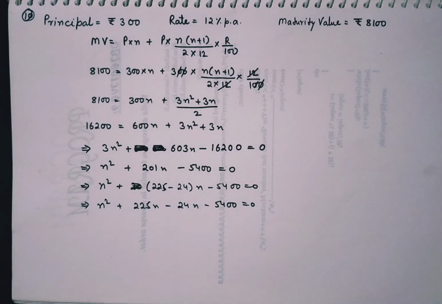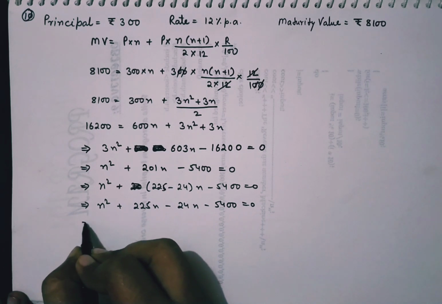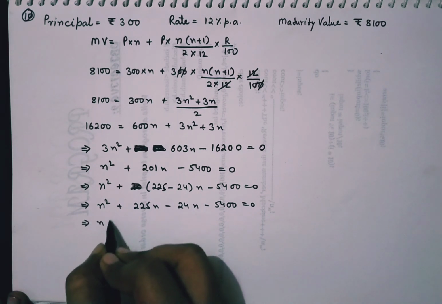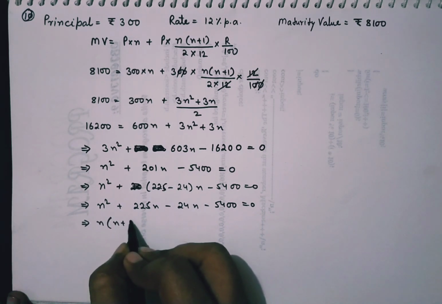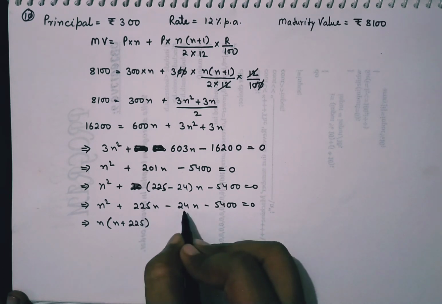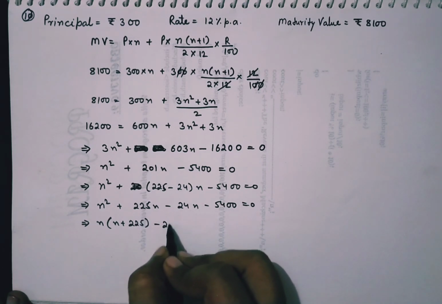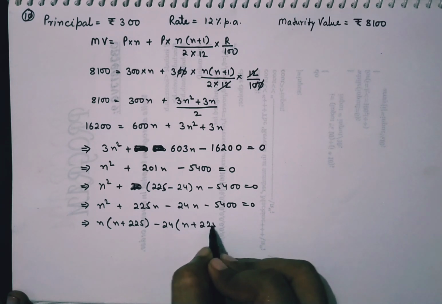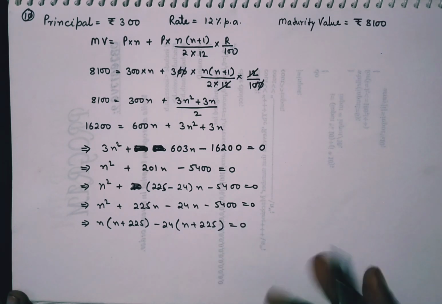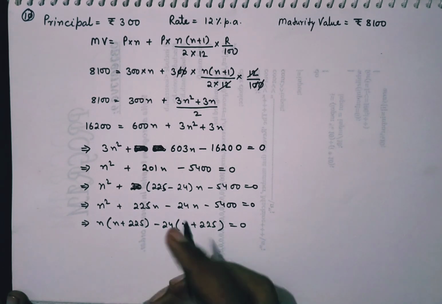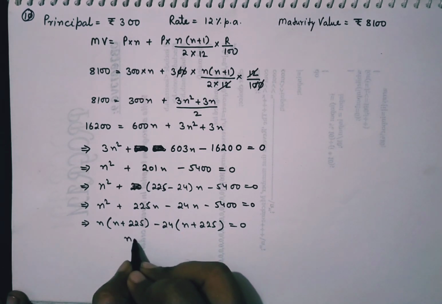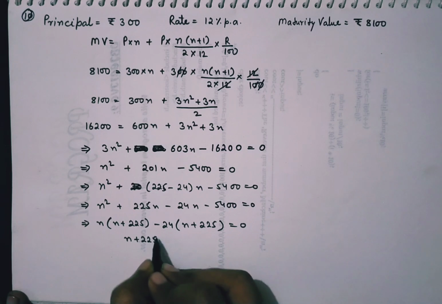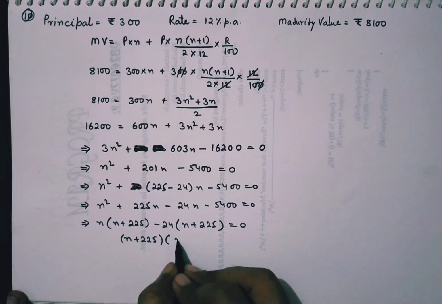Now we can take n common from the first two, that is n plus 225, and from these two we can take minus 24 as common, and we'll be getting n plus 225. And now we are having the bracket as common, and we'll be getting n plus 225 and n minus 24